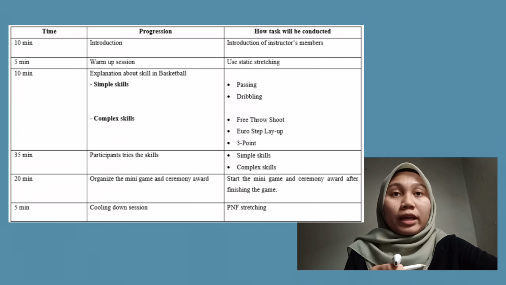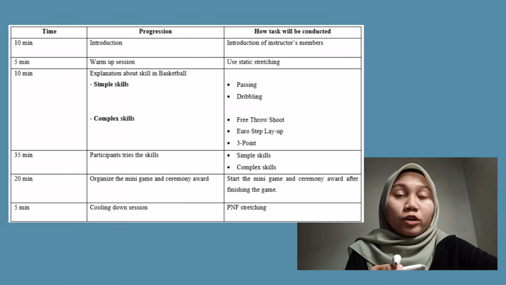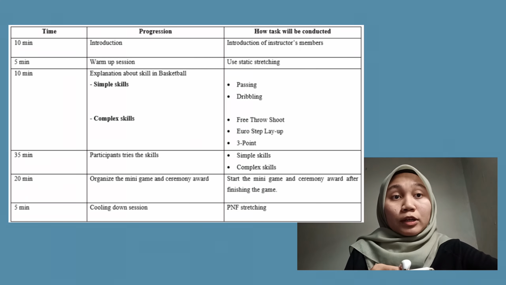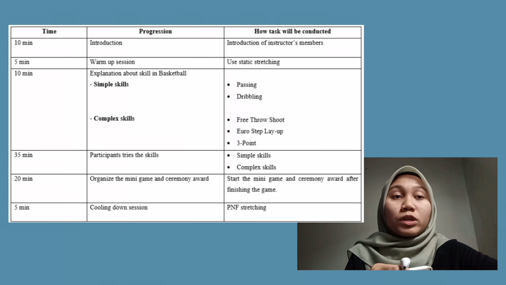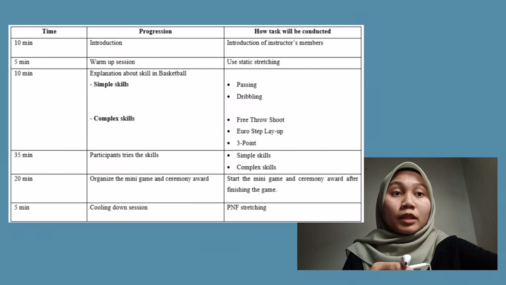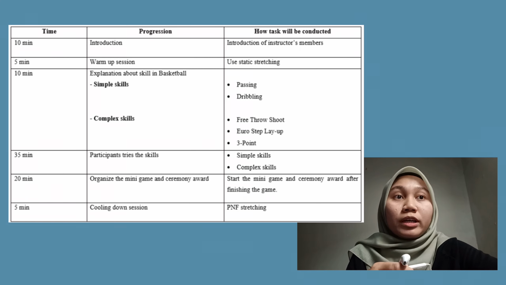The game will end when the first team reaches 550 points, and the winning ceremony will have an award for the winner. The goal for this part is not just winning the game, but to make sure all of them can learn something new and know how to work together in one team. Besides, it is to make sure all the participants enjoy and have fun while learning the skills in basketball.